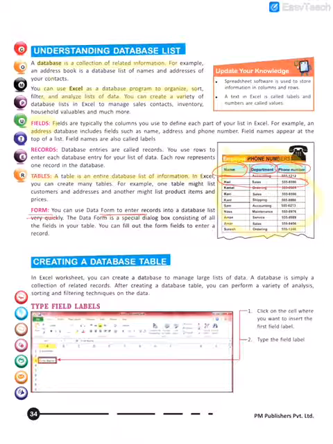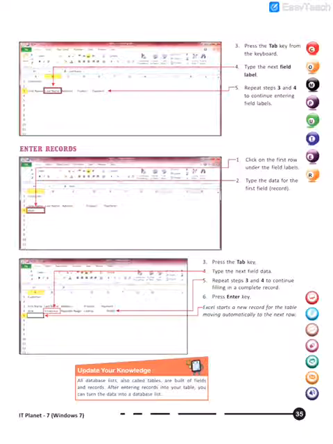So how can we create a database table? First click on any cell, and we start creating the columns or the fields. That will be simple like that of an Excel sheet. You can press the tab key to go to the next field. That means you can change from one column to the other using which key? Using the tab key.